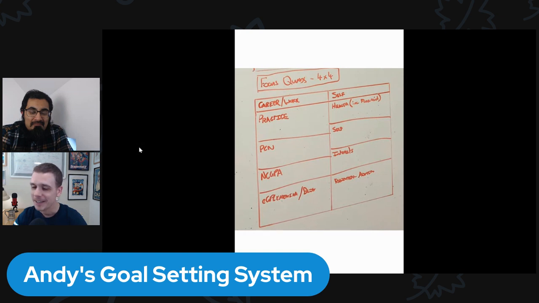And then essential activities. So I might have to paint a fence at some point, things like that. So there needs to be space for that. But that's not personal development, and it's nothing to do with my career. So I need space to plan those things on my whiteboard. So that's my focus quad. So that's really my personal approach to goal setting.